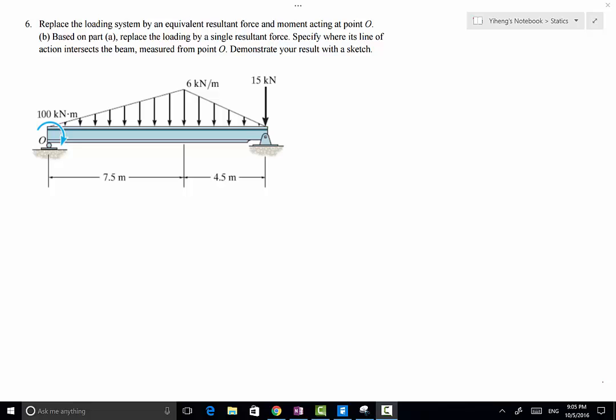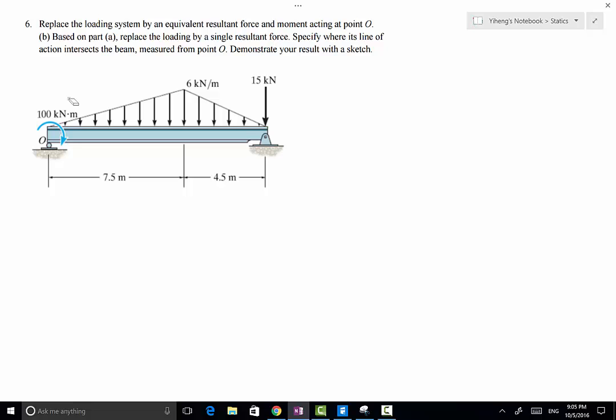In this problem, we have a beam that is subjected to two linearly distributed loads. The first one from here to here, the second one from here to here, a concentrated force, and a free couple moment. And we need to first replace this applied force moment system by a single force, single moment acting at point O. And then for part B, we need to further replace that by a single force and specify